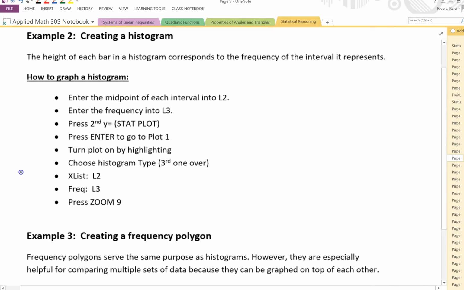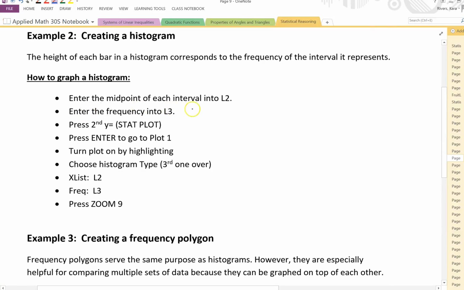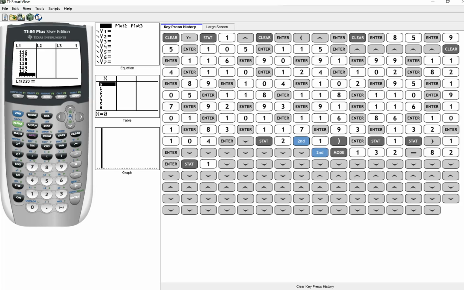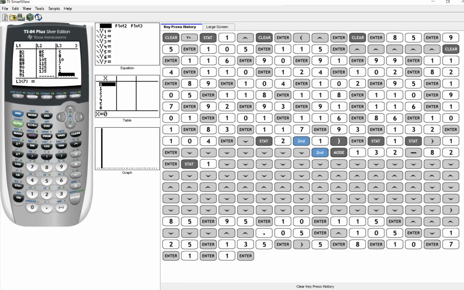Let's try this out. So it says enter the midpoint of each interval into list 2, enter the frequency into list 3, and that's right from our table. So let's go ahead and do that. Go over to list 2 and put those values in. Once you have all that data in, now we can continue to follow the instructions for how to create a